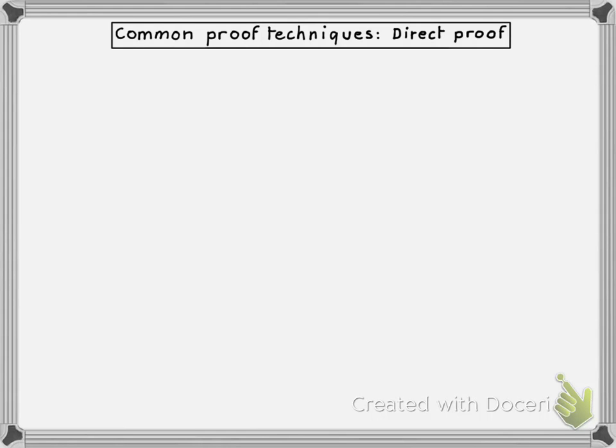Welcome back to this introductory lecture on proof techniques. In this sixth segment, we're going to introduce yet a different kind of proof technique called a direct proof. Like the two previous proof techniques, vacuous proofs and trivial proofs, this one applies to theorems that are stated as